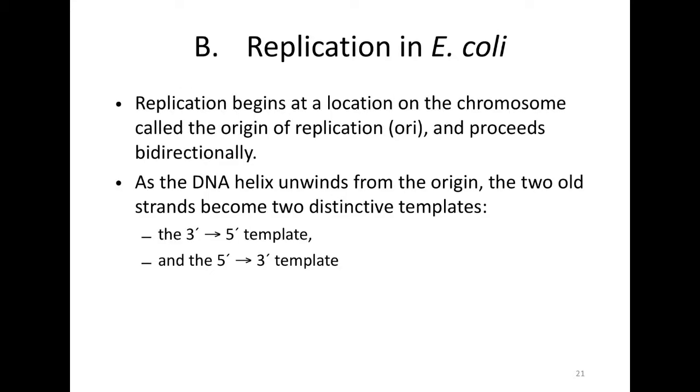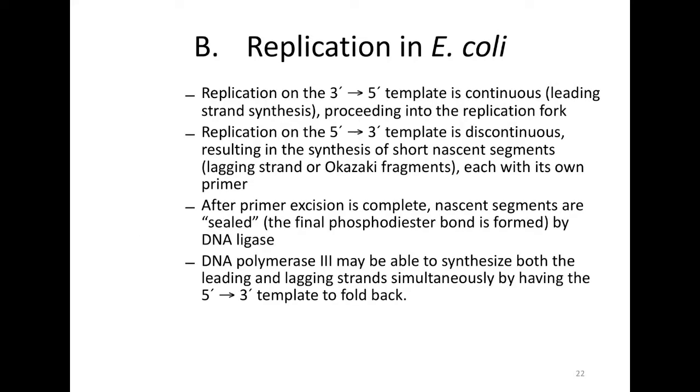Replication in E. coli begins at a location on the chromosome called the origin of replication. The DNA helix unwinds at the origin, and the 2 old strands become 2 distinct templates, a 3-5 template and a 5-3 template. On the 3-5 template, continuous synthesis of DNA takes place, known as the leading strand. On the 5-3 template, discontinuous synthesis of short nascent segments, the lagging strand or Okazaki fragments, occurs, each with